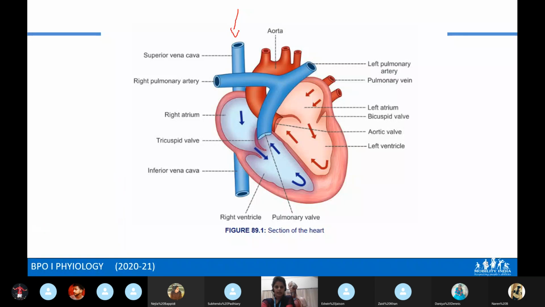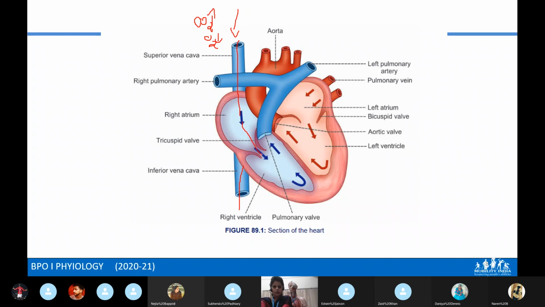Okay. So blood is coming here. This is deoxygenated blood, which has more carbon dioxide but very little oxygen. You can't say oxygen is not present in it. It's present. Deoxygenated means very little oxygen and more carbon dioxide. So this blood comes via the superior vena cava and goes to the right atrium, and also from the inferior vena cava.